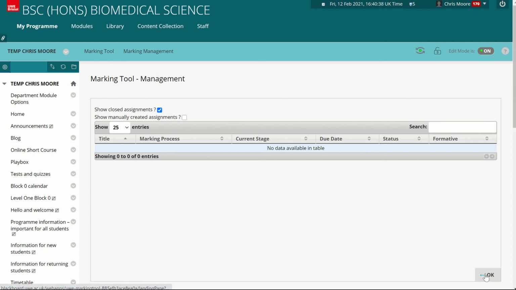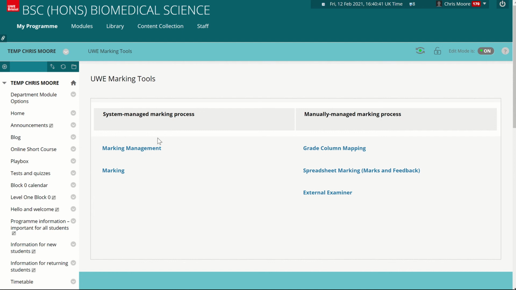Now this isn't a problem because actually what I advise for most marking is grade column mapping. Now you have to have asked for it. You have to go into the assessment data checker or specifically ask the SAT team to set your assignments to be that. But I strongly encourage, particularly now that we have online exams as well as online coursework, to do